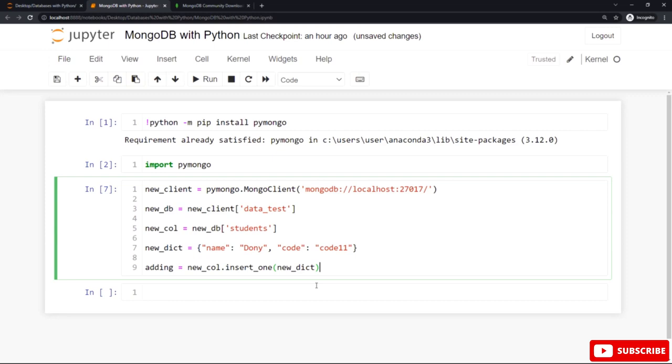For name is Donny and code is code 11. Before using the insert one method, make sure to place the variable name that refers to the collection connection in the database, and assign this to a variable called adding, or you can call it any valid name you wish instead of using adding. After that, let's use the print function with this adding variable,